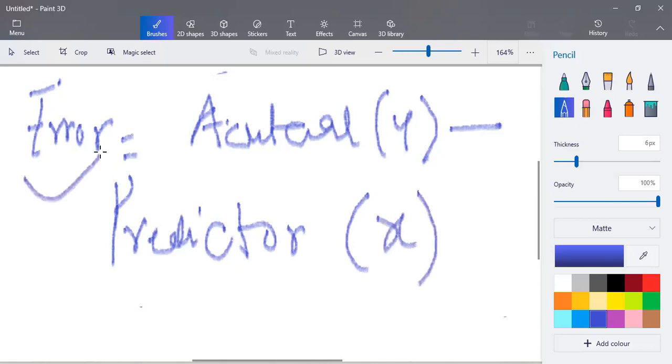So this is basically how the error is calculated. If the predicted value is very close to the actual value, and the error is negligible, then the